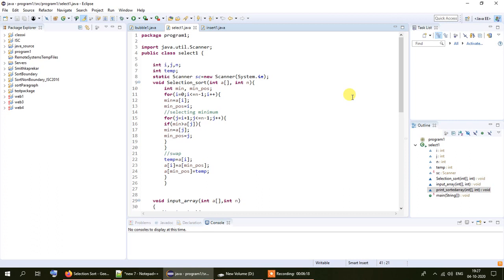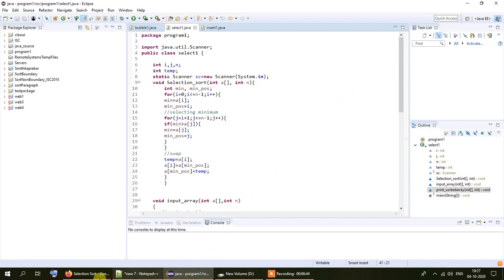Next, as I told you before, we start a j loop starting from i plus 1, scanning the remaining numbers of the array and finding any number which is lower than the currently selected minimum number. If it comes across such a number, it interchanges that number with the current minimum number.